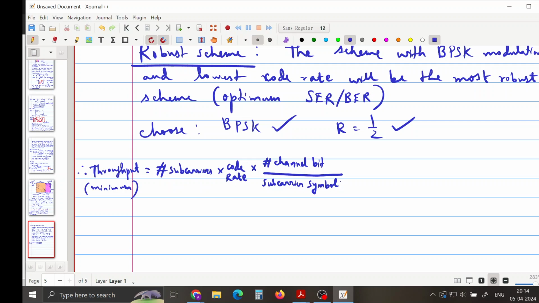Okay, so because I want my throughput in bits per second, right? Therefore I have to go from symbols to bits. For example, if I have QPSK, I know there are 4 symbols and each symbol has 2 bits, so 2 bits per symbol, like that, times what else will be there. Okay, now I know there are some number of bits per symbol, and I also have to see